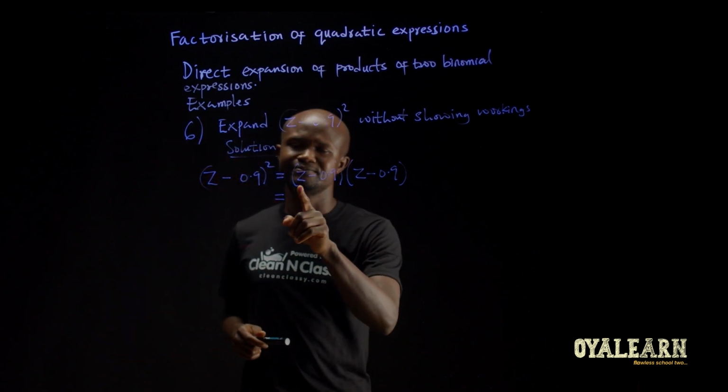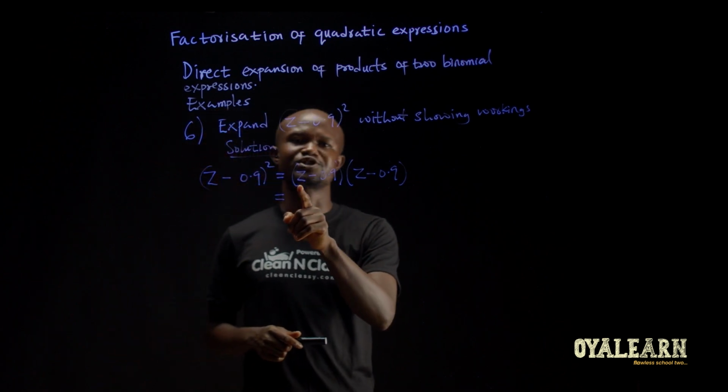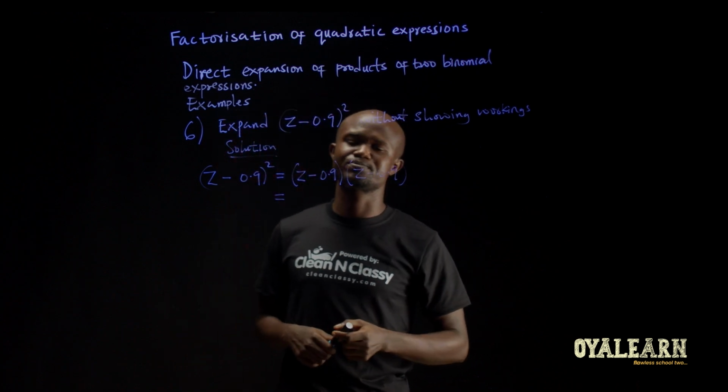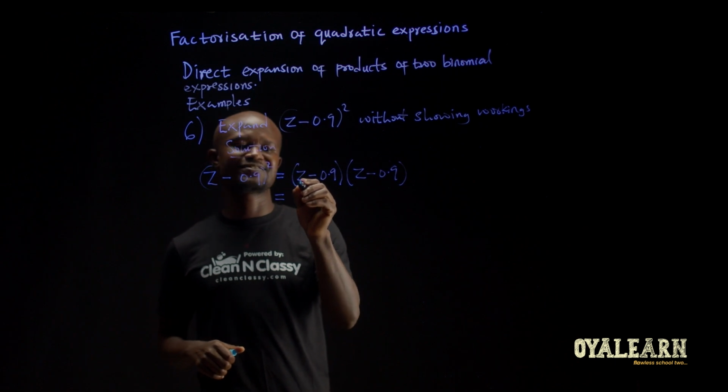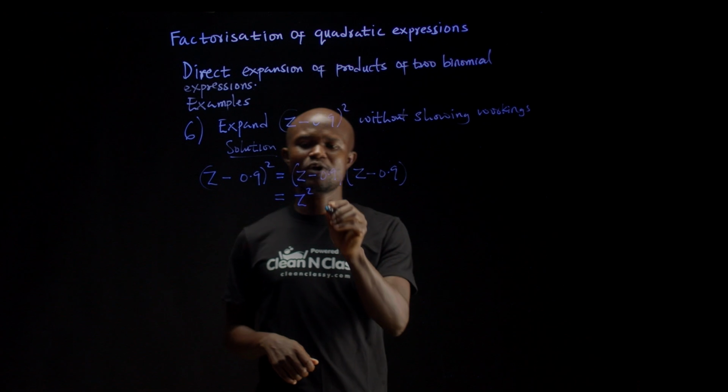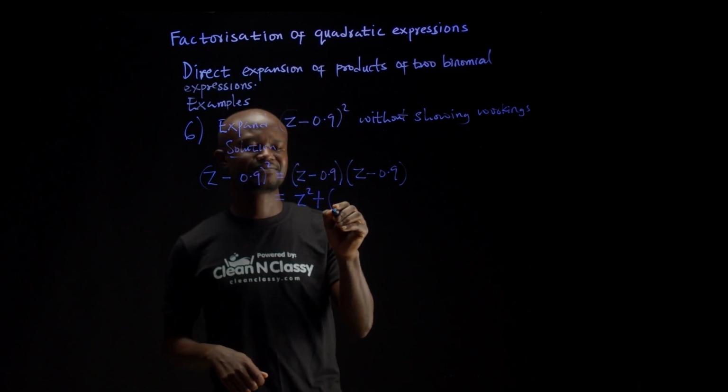The first term in the first binomial expression is z. The first term in the second binomial expression is also z. So what do we have? z times z will give us z squared. Then what do we do? We add